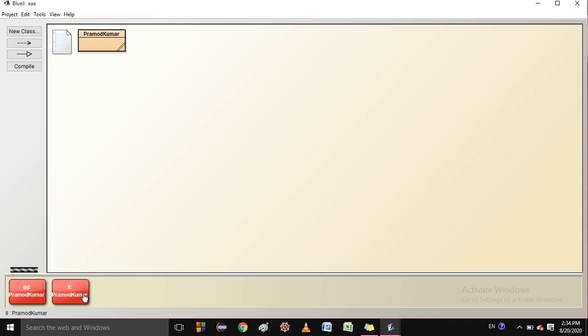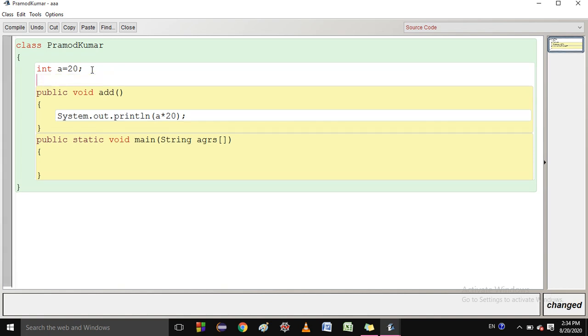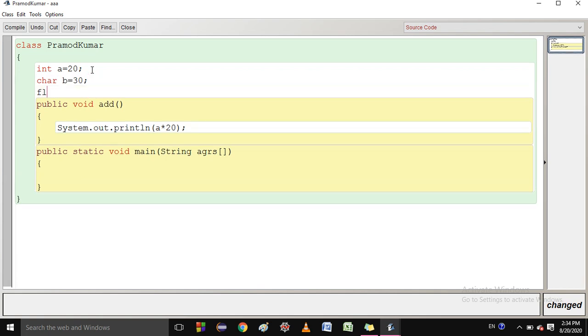Because, students, a class can contain different types of data. Let me show you. If int a equals 20, then it can contain char v equals 30 also. It can contain float l equals 12.3 also.